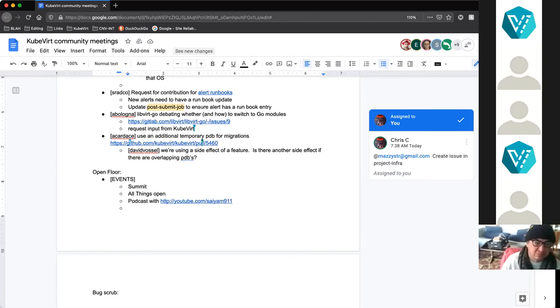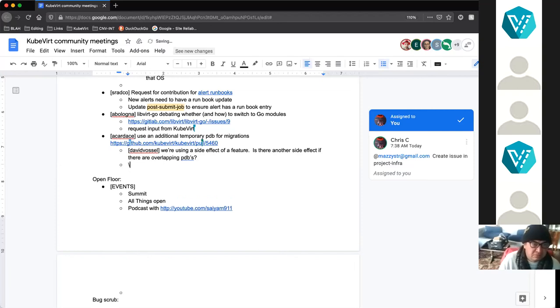Just bear in mind that it would anyway improve the situation, because right now when we create a PDB, we have, for example, OpenShift complaining all the time about this, because essentially if you never do a migration, it's going to be just 1 pod and a PDB set for 2. While with the new approach, you're just going to have the alert triggered only for the migration. So it's a tiny bit better anyway.